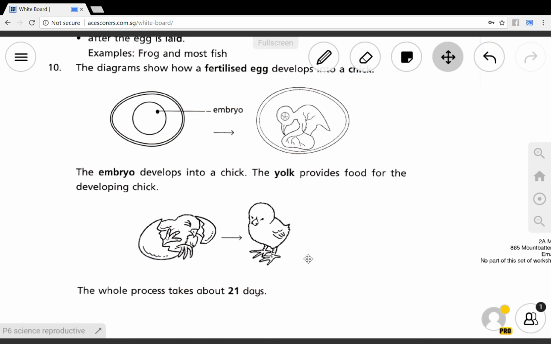Okay, and in some countries people actually eat half developed chicks. Have you seen that before? I have never seen that. Yeah, so what they do is they have the eggs fertilized, and because it takes about 21 days for the egg to hatch into a chick, they wait until like 18 days. Then the chick has developed, and they cook the whole thing. So when they crack it open, it's like the chick. Then I can show you photographs. How do you wait for it to come out and then you kill it?